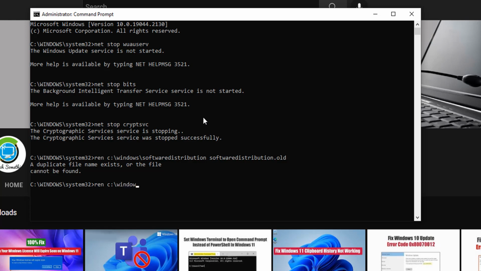ren C:\Windows\System32\catroot2 catroot2.old and press enter. After that, type the command net start